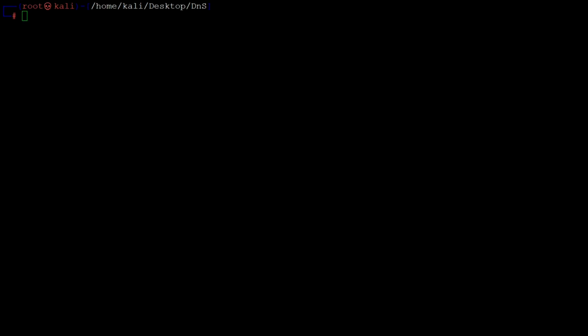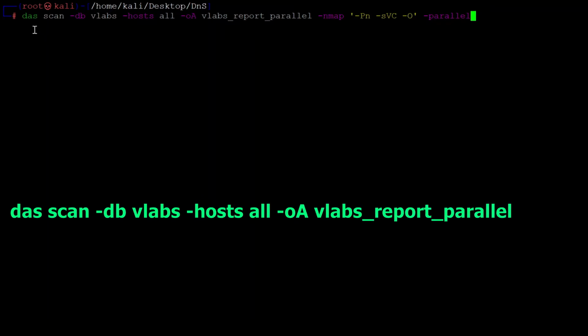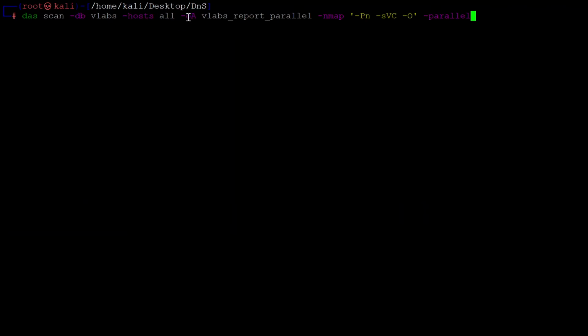All right, so this is the command. Copy it and paste it in the terminal. There we go. We are telling it to scan from the database named vlabs, using all the hosts, and the output format will be all formats: Nmap, GNmap, XML, and HTML.